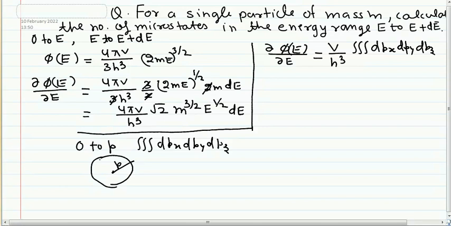equal to the volume of a sphere in which the radius is represented by p, and that volume is 4 pi by 3 into p cube. The volume of the sphere, 4 pi by 3 into p cube. Now in a case when we say the volume of p space or momentum space